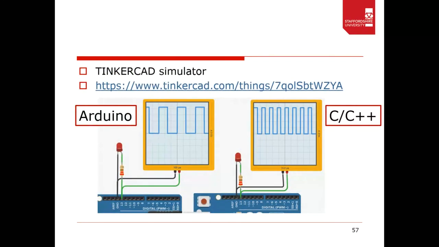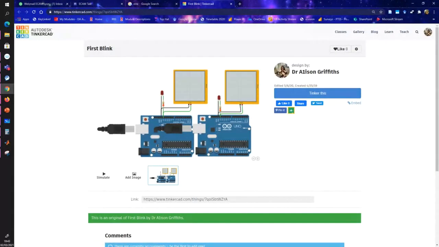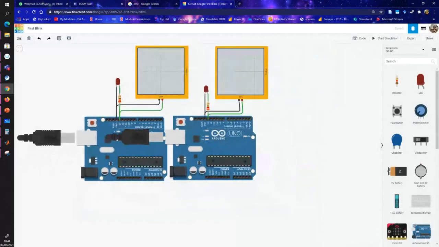So this is my link to Tinkercad to show the exact same program. And I know you're all fans of Tinkercad. Most of my links are public, so that you can copy them and run this in your own time. I've given you the PDF with the link, which should be active. So if you want to play about, which I will encourage,